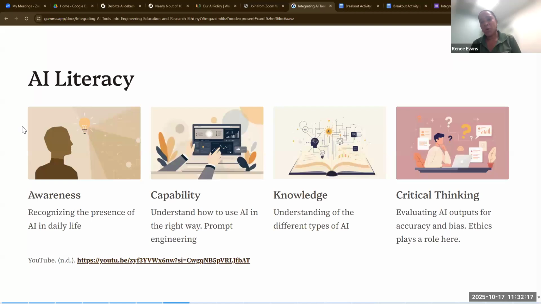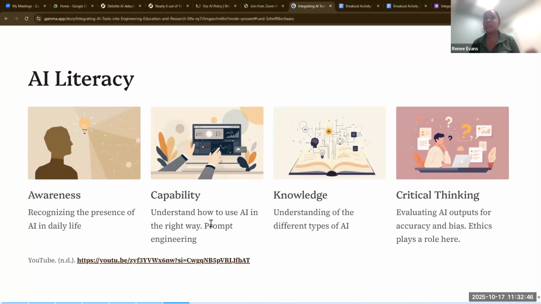So one of the things that is necessary in order to engage with AI in an ethical way is to have some basic AI literacy, which a lot of you do already have, right? And what does that literacy entail? One, awareness. So recognizing that AI is prevalent in our daily lives, right? It's out there, it's always going to be there, it's not going away.